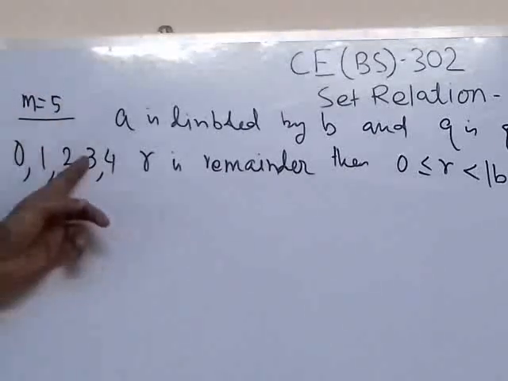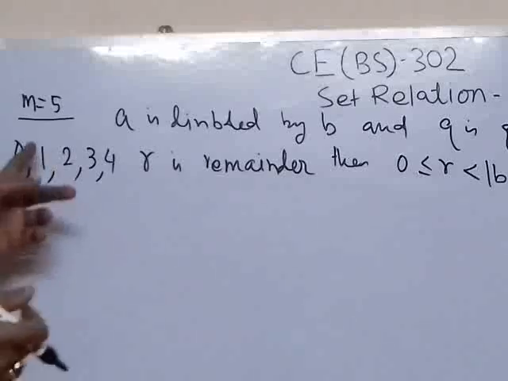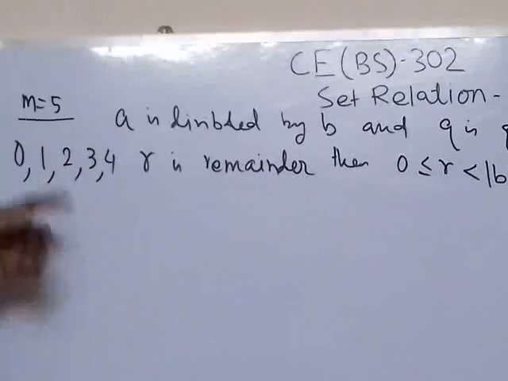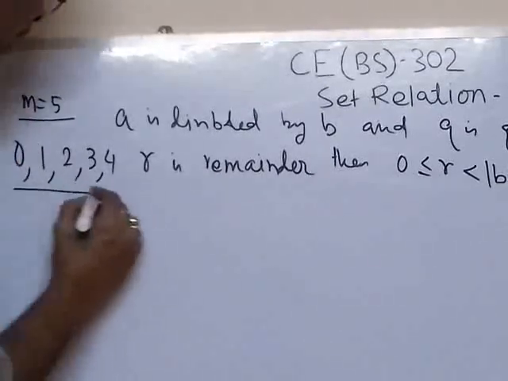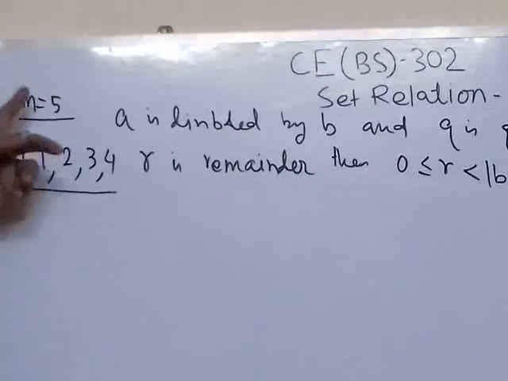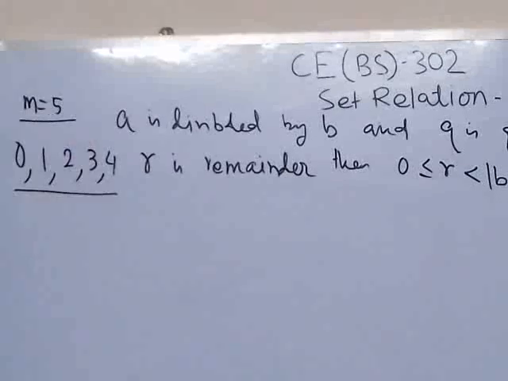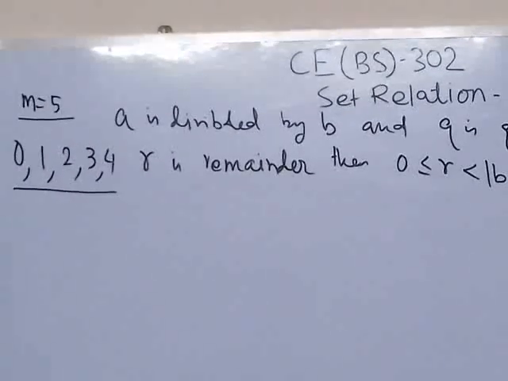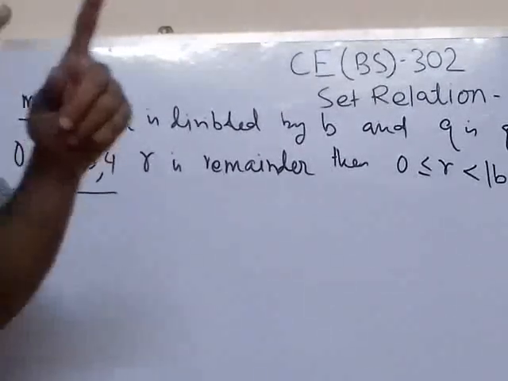If the remainder is 6, it is equivalent to saying the remainder is 1. We all know that. So these are the possible different remainders which may be produced on dividing any integer by 5. Then let us list the integers.